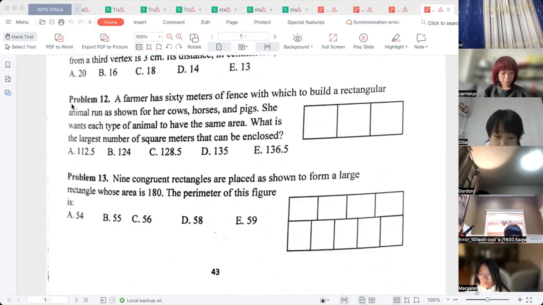Non-congruent rectangles are placed as shown to form a large rectangle whose area is 180. The perimeter of this figure is